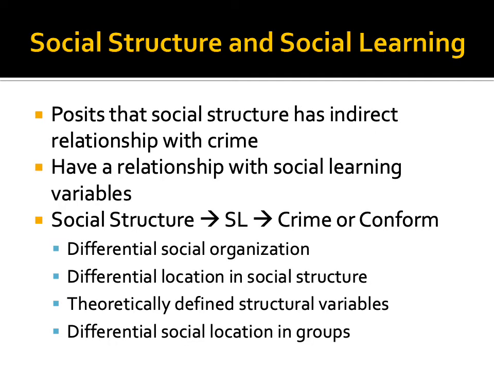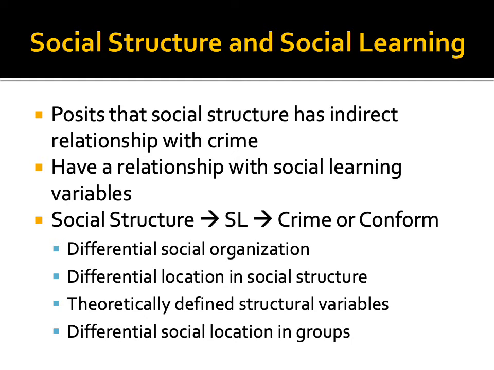So one of the extensions, I said there was 3 theories we're really going to talk about. We talked about differential association. Now we've talked about social learning theory. Now there's an extension of social learning theory called social structure and social learning, right? And this theory basically posits that the social structure one lives in has an indirect relationship with crime as well. But the social structure has a strong relationship with all of these social learning variables. So if you were to look at it kind of mathematically or in a path model here, your social structure affects the social learning variables of differential association, reinforcement, definitions, and imitation, and that affects whether or not you're going to commit crime or you're going to conform to criminality.